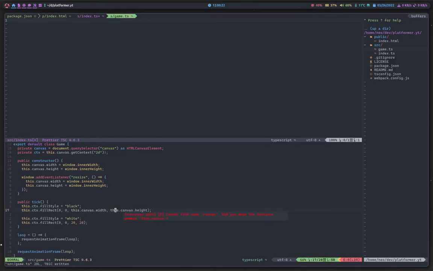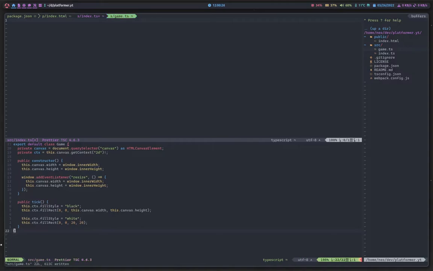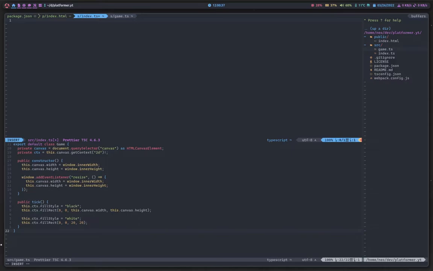One second here. Alright. So, now as you can see, the code is slightly more organized as it is put inside its own class in its own file. So if we go back to index.ts, we will need to call this tick method every single update. And how do we do that? Well, first off, we need to import the game. So let's import the game